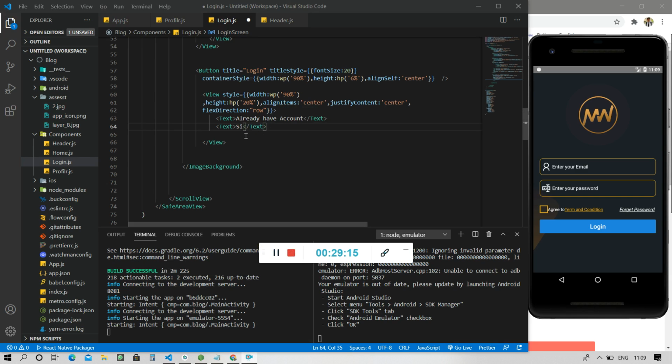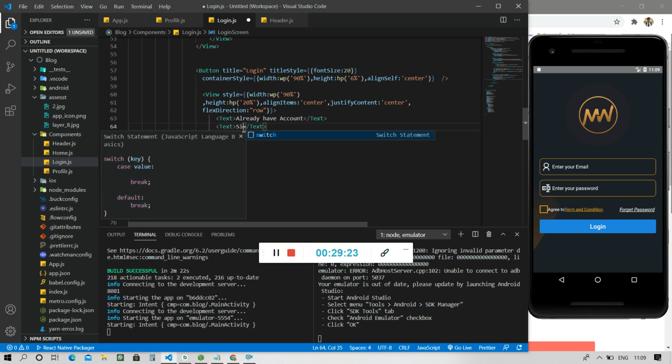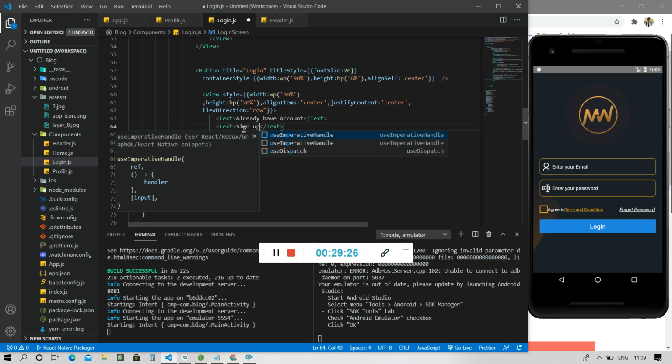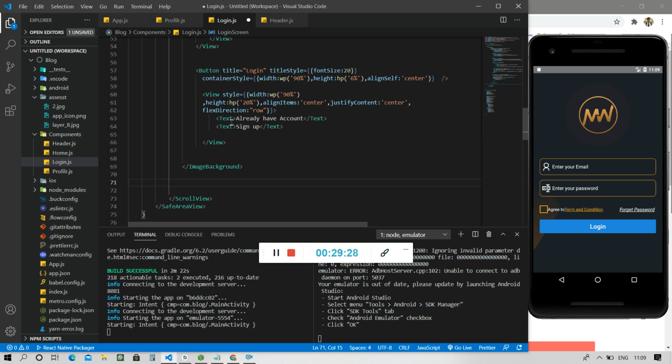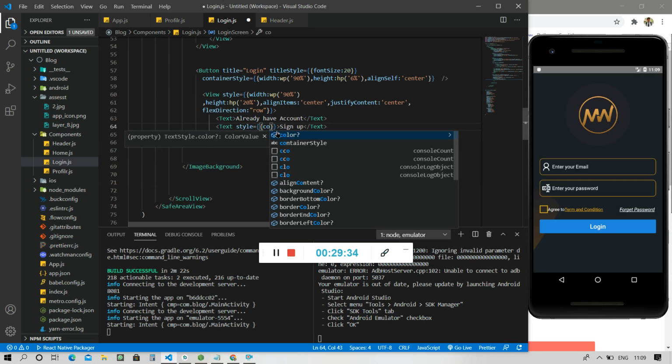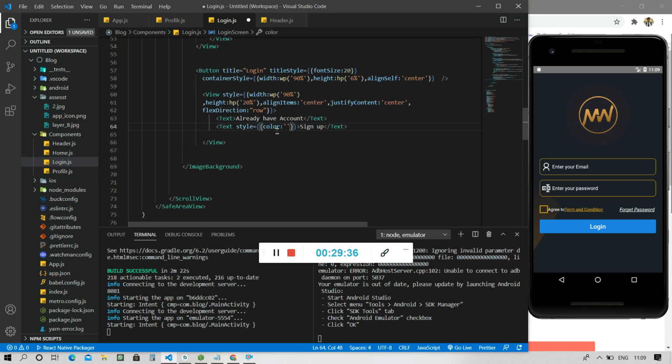So friends, now I am back. Here, write sign up. Now give a color property here. We are going to give a golden color, because we want it to look good to the user.